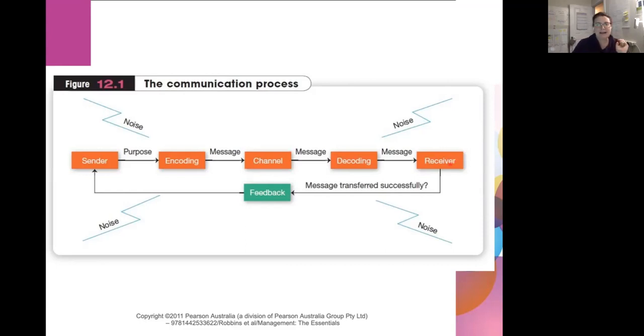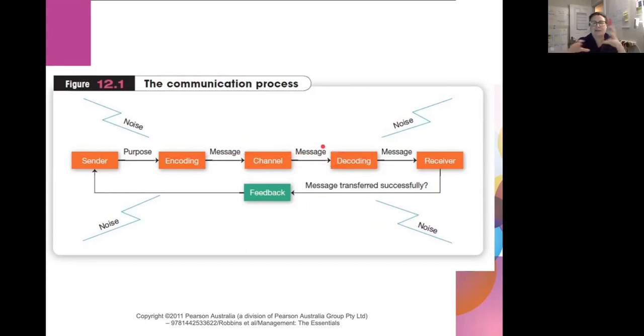We also have this idea of feedback. You might reply to this email, you might call me, you might catch me in the hallway later and say, hey Rachel, thanks for sending that email. And then we also have noise. Noise can be other things that are going on that are distracting the sender, the reader, or the channel.